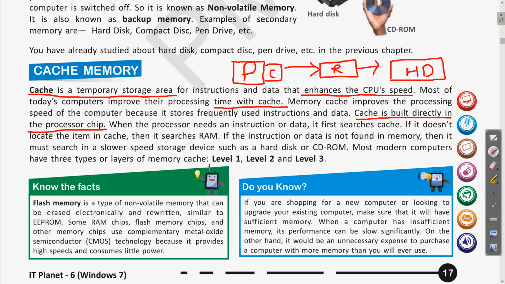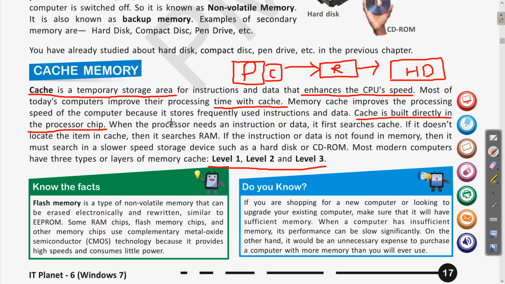So the number of cache memory levels will be three. Level 1 will be closer to the processor than level 2, and then level 3. So this way the data will be made available to the processor very quickly.